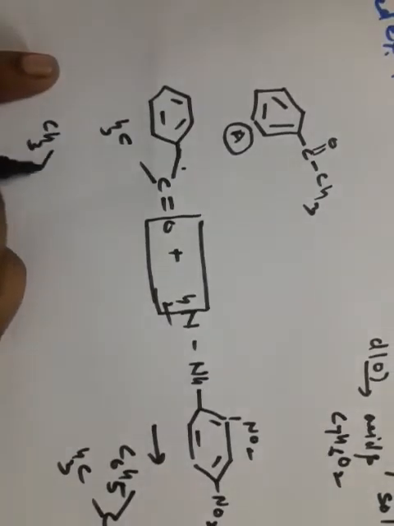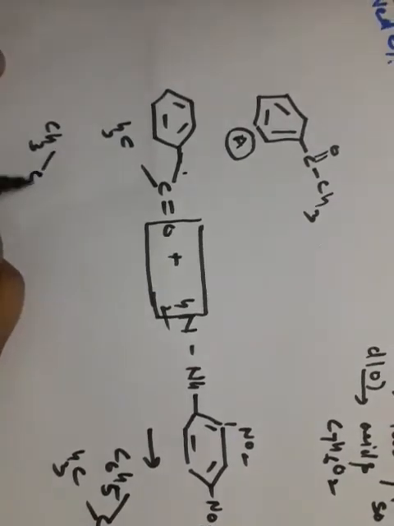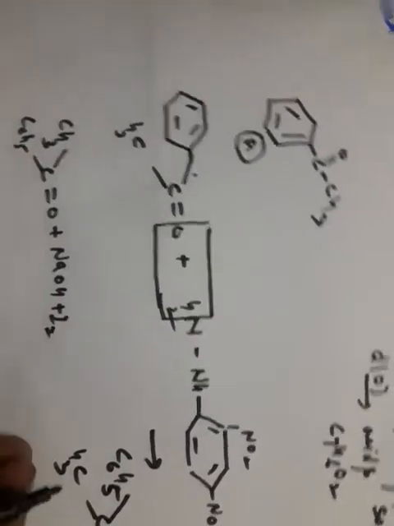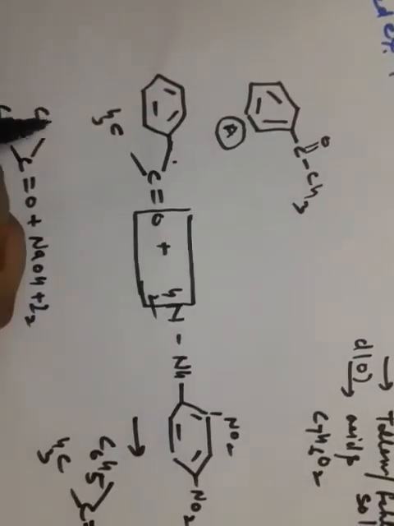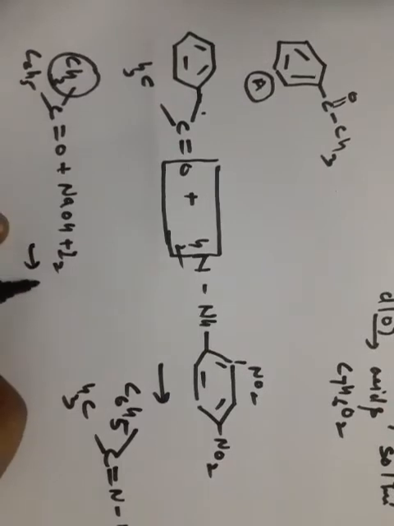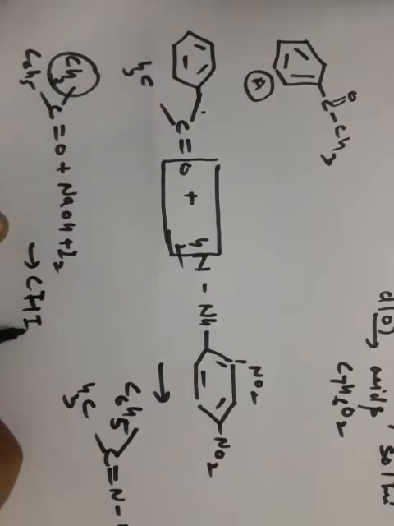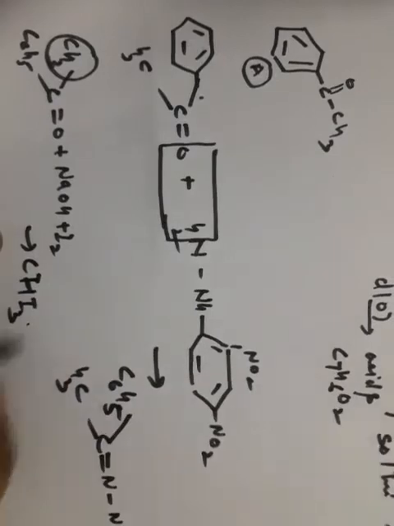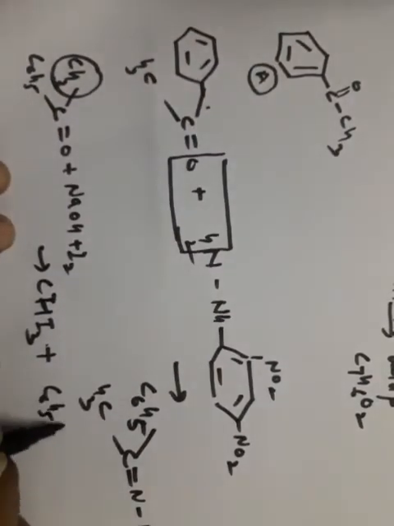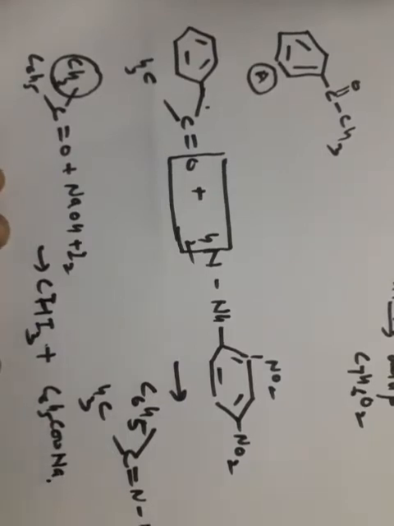Write down the equation for the iodoform test, that is CH3COC6H5 plus NaOH plus I2. As we all know, the CH3 part of the methyl ketone gets converted into CHI3, which is a pale yellow precipitate. The rest of the part changes into the sodium salt of the acid, C6H5COONa. So the second condition is satisfied, it will give the iodoform test.